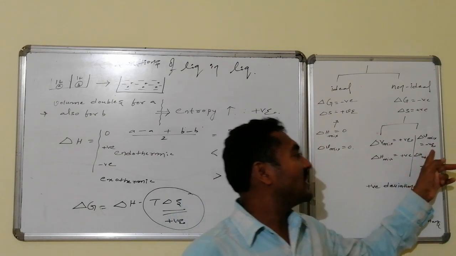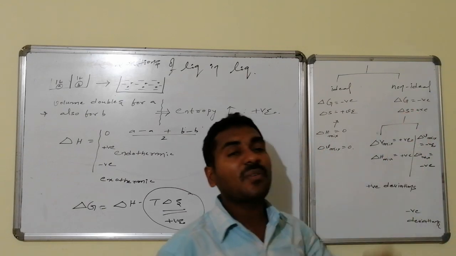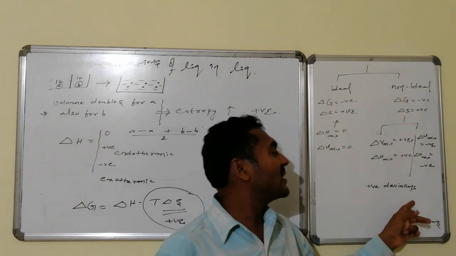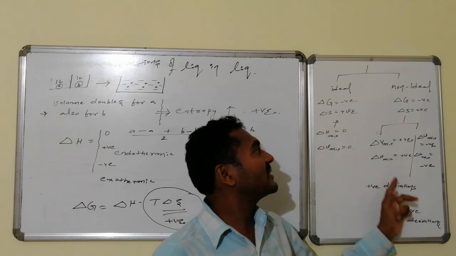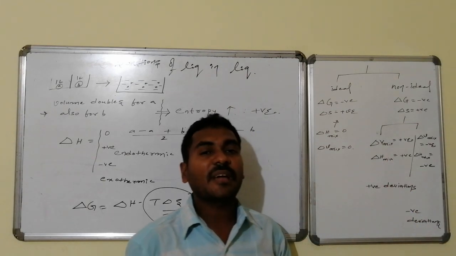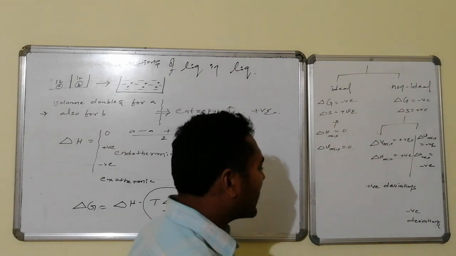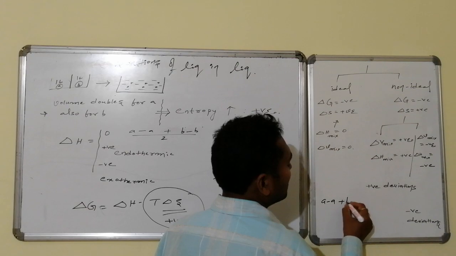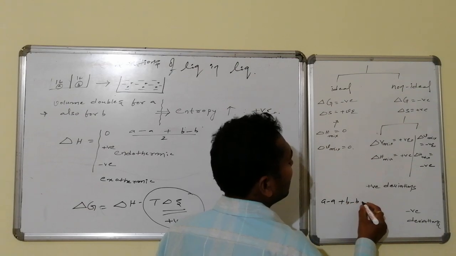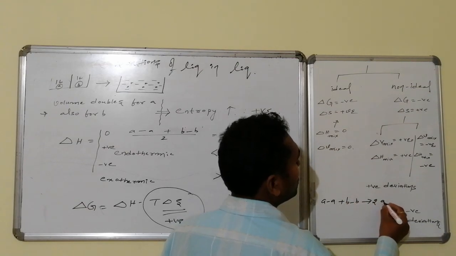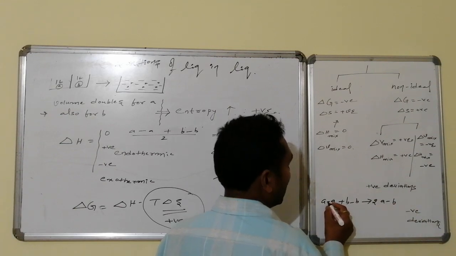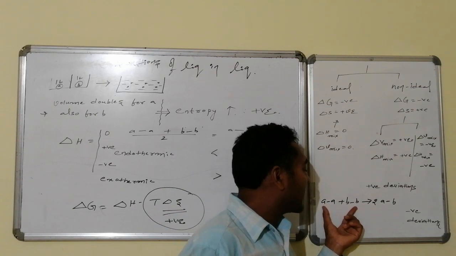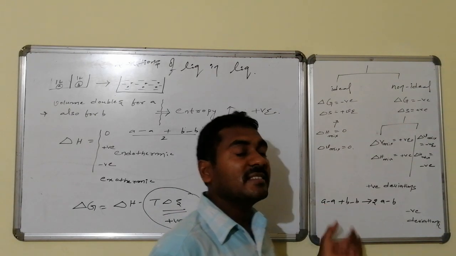So if these two quantities are negative, then these, unlike ideal solutions, are said to be non-ideal solutions with negative deviations. This is a non-ideal solution having positive deviation. We can understand it like this: AA interaction plus BB interaction is broken and forms two molecules of average AB interactions. If these interactions are strong enough, it requires heat energy.